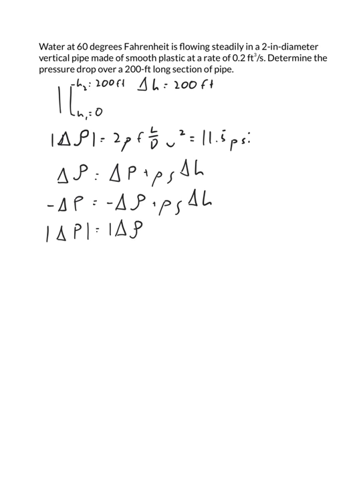So if you have the negatives of a negative, you get positives, or the absolute values of those pressure drops. Okay, so delta P, which is what we were looking for, is going to be